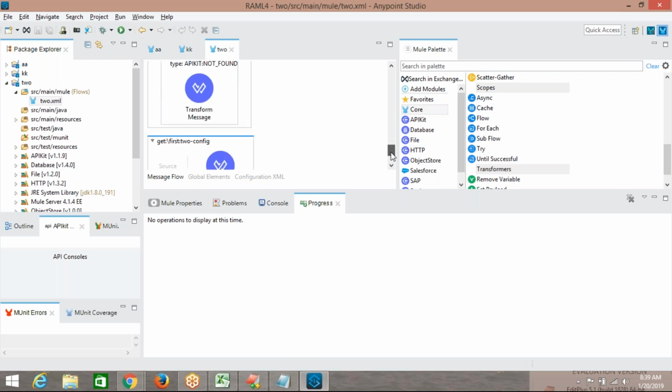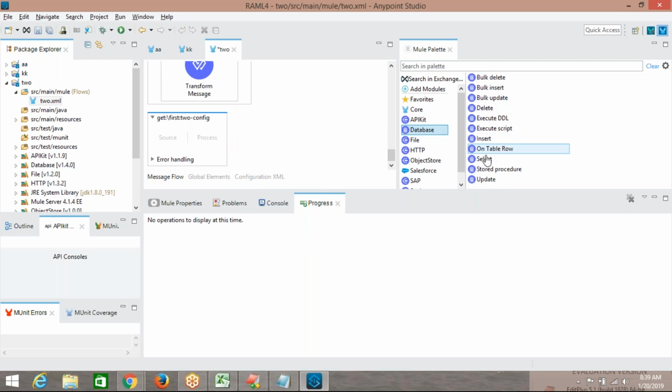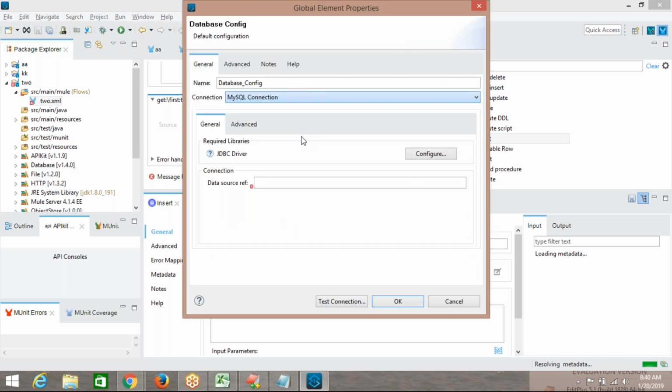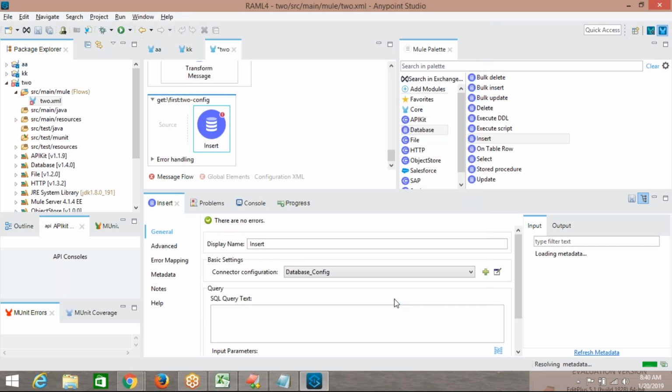Then come to studio. Then here you start applying, say here, insert. Insert will be doing your insertion of data. Like how to configure the connector now. Database connector. So here I'm giving MySQL. Here I'm giving, say, localhost, 3306, root. It's gone like this. Then I have to provide the proper queries here. So like this, you can assume like here,